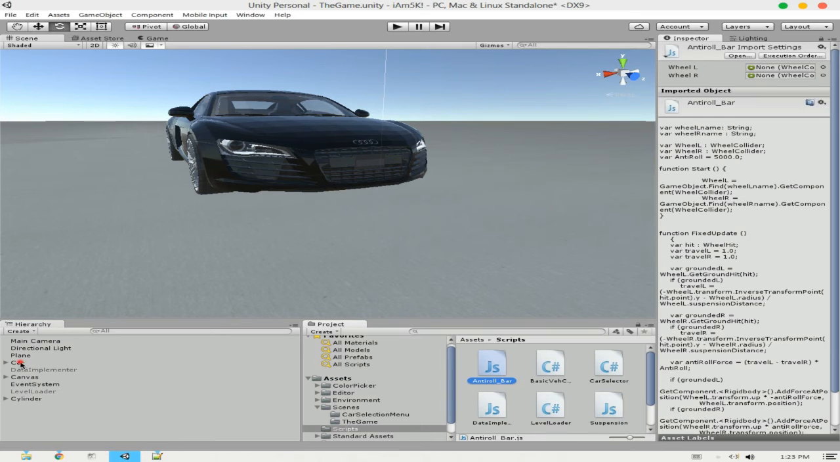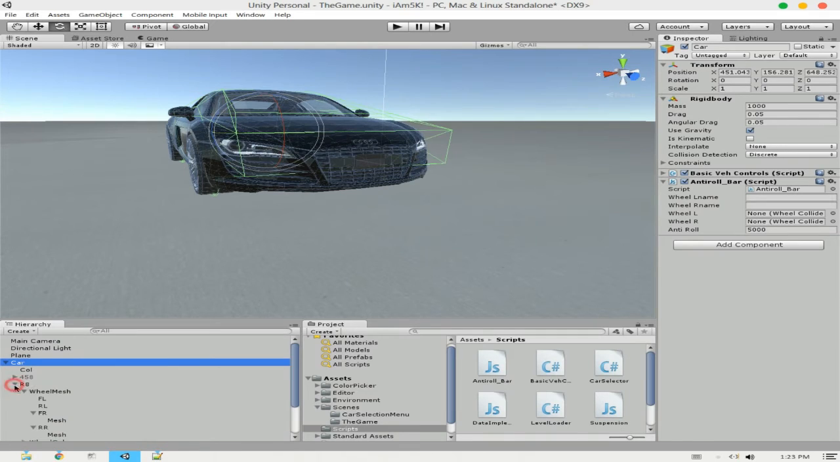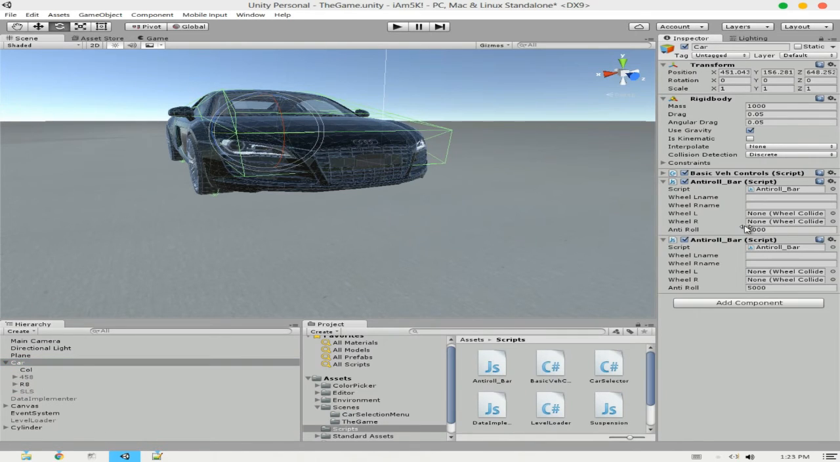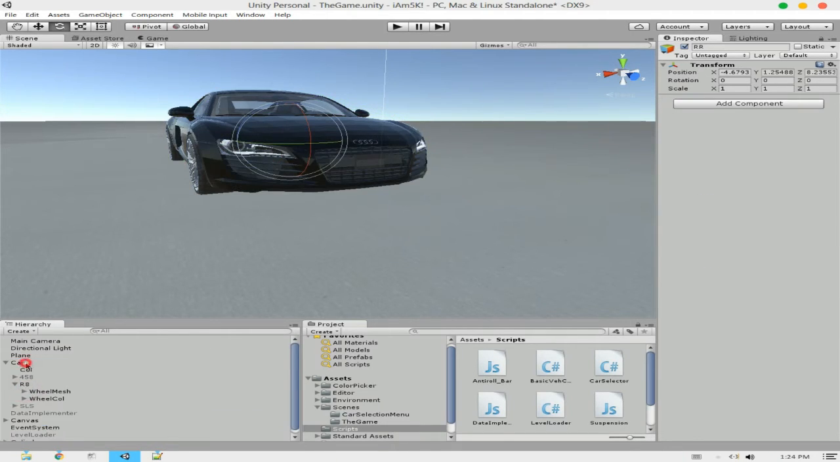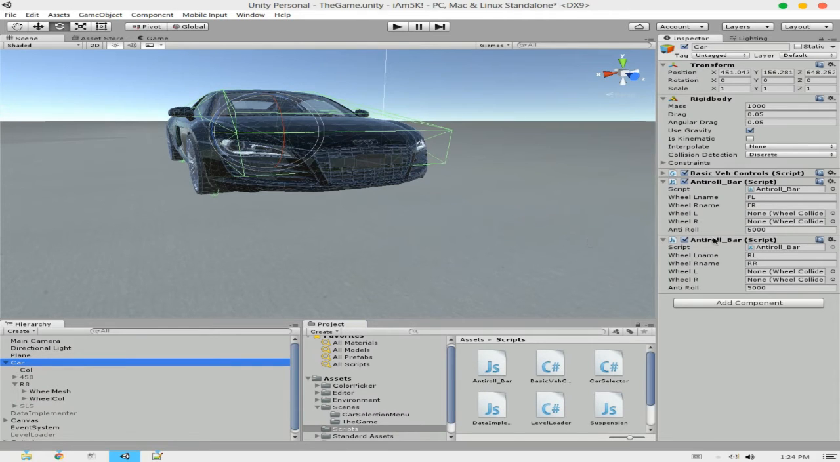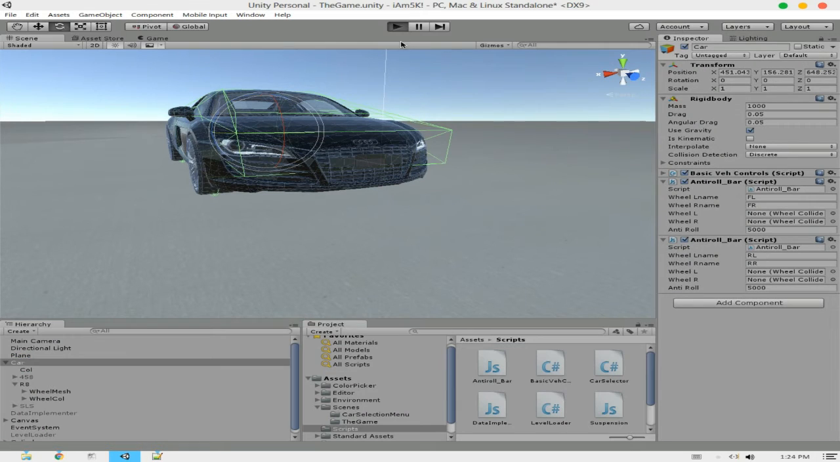What you do is you assign this script to the car. You need to assign two of these. One is for the front left wheel and front right wheel, and one is for the rear left wheel and rear right wheel. So you just add the name of these wheels over here, the name of the wheel mesh over here, and the script will find the wheel collider by itself. Now if we test this out,